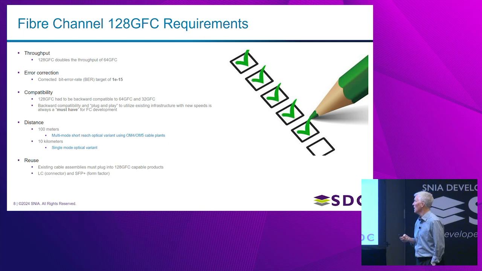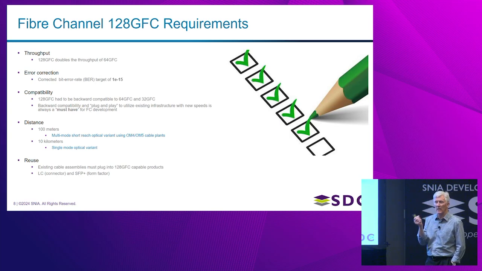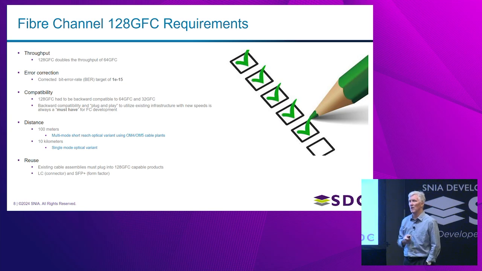their systems forward. Distance has always been a key focus of the Fibre Channel solutions, both on multi-mode fiber and single-mode fiber. For multi-mode, we have been trying to make sure that we can get at least 100-meter reach each time we generate a new generation of Fibre Channel, and 10-kilometer reach with single-mode fiber. So that particular component, along with the bit error rate that we're trying to achieve, present the technological challenges that the physical interface expert group has to deal with each generation.